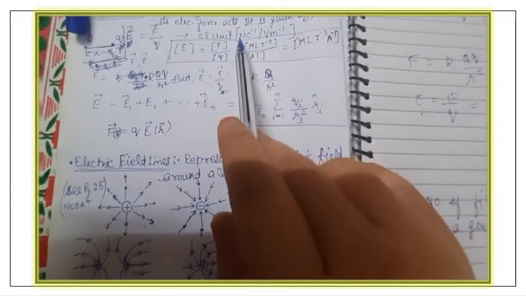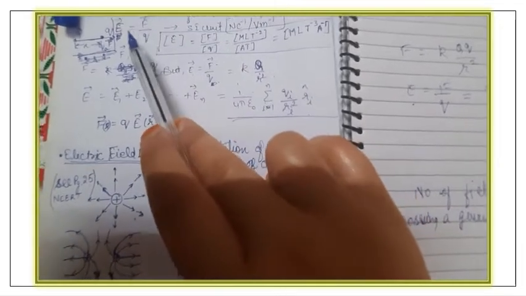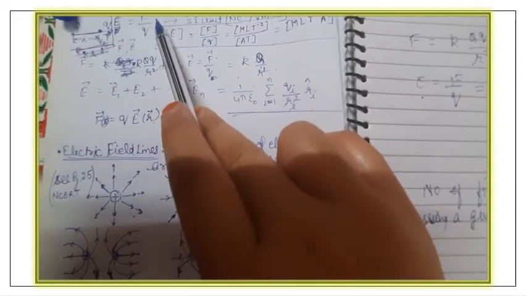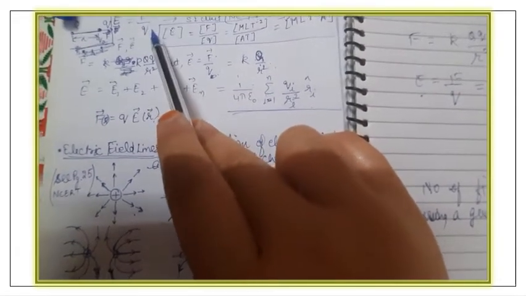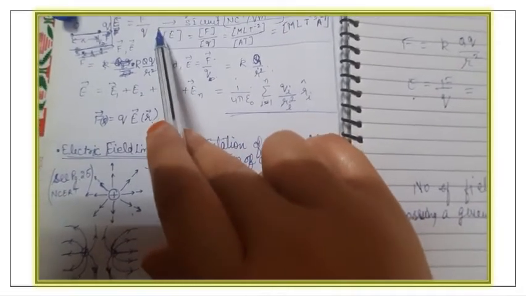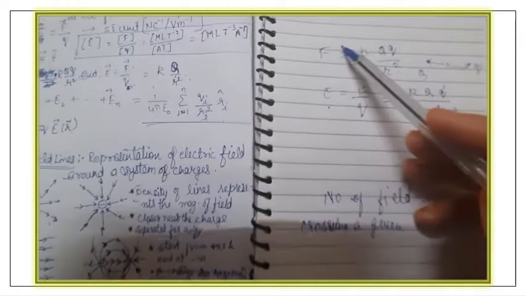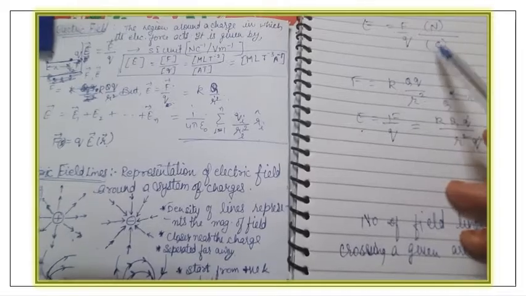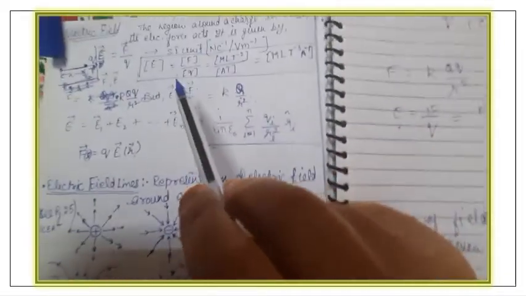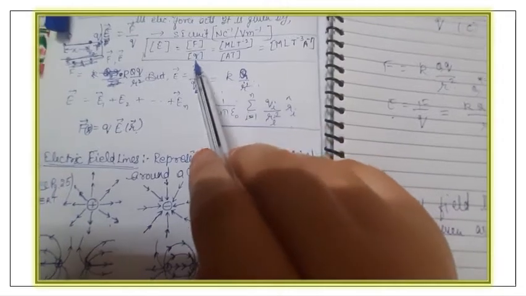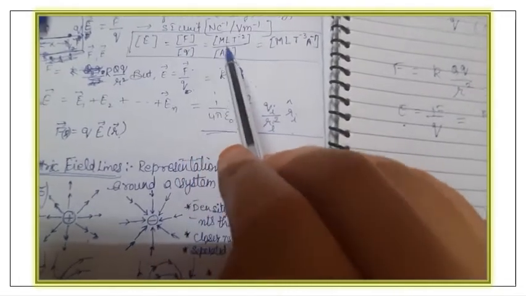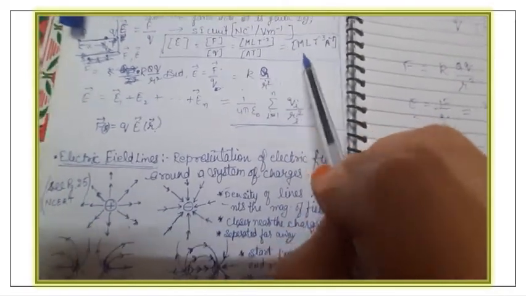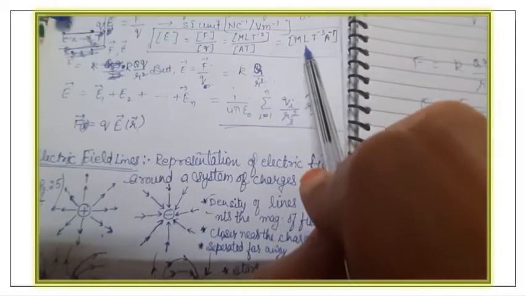The SI unit of electric field is Newton per Coulomb, from the expression that is force per unit charge, force upon charge. The electrostatic force, which we have determined by Coulomb's law, divided by the charge. So its expression is F by Q and SI unit is Newton per Coulomb, according to the rule that the SI unit of force is Newton and that of charge is Coulomb. Also, we can determine the dimensions of electric field by the method of dimension analysis that we have learned in class 11.